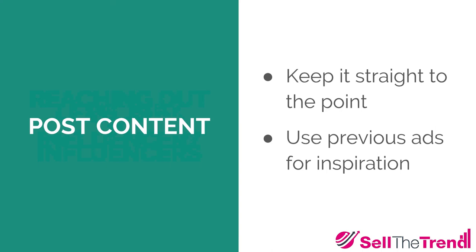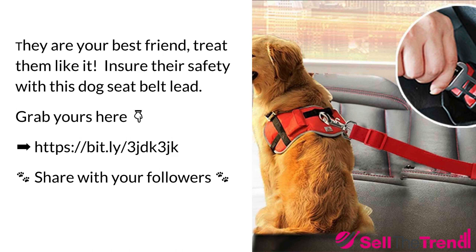So let me give you an example of what you can write in a typical post. Here's one for this dog seat belt. Very short, straight to the point, and appeal to their sense of what they like about this particular niche. So obviously, if it's a dog page, you don't want to specifically say, buy my product, 50% off only today. You have to appeal to their sense of what they care about, and that's why the first line here would be, they are your best friend. Treat them like it. Ensure their safety with this dog seat belt, and keep it simple, share with your followers